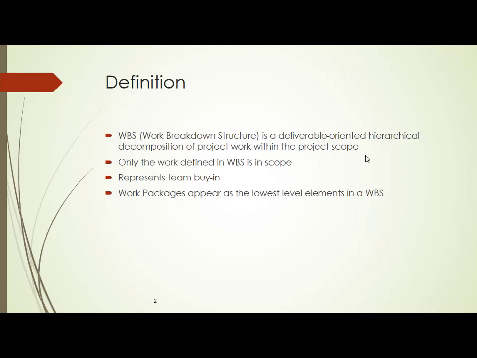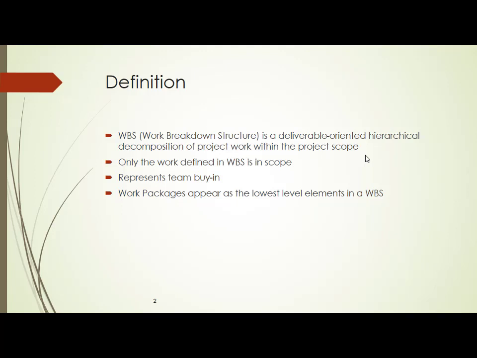Inside the work breakdown structure, you have a concept called work packages. Work packages are at the lowest level of the work breakdown structure. As I told you, a work breakdown structure is a hierarchical representation, which means it looks just like an organization chart. Every company will have an organization chart. Like you have the vice president. Under the vice president, he will have board of directors. Under board of directors, program managers. Under program managers, project managers. Under project managers, team leads. Under team leads, employees. This is called an organization chart. We also call it a hierarchical organization.